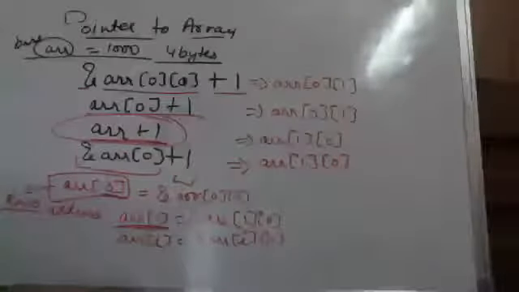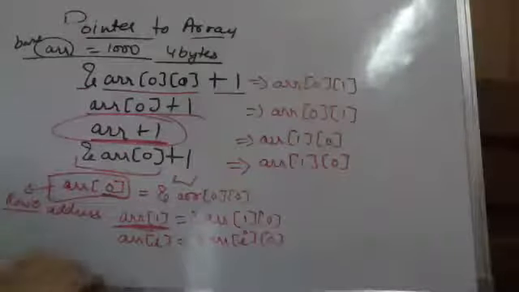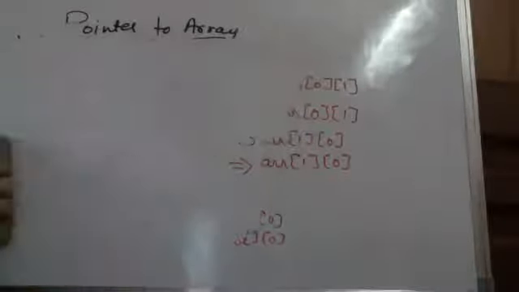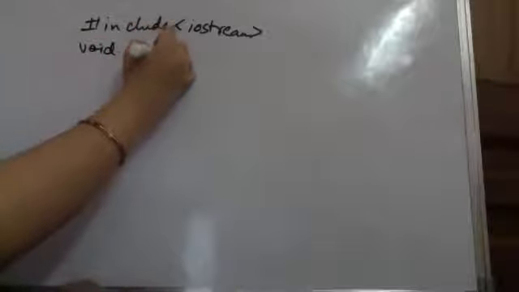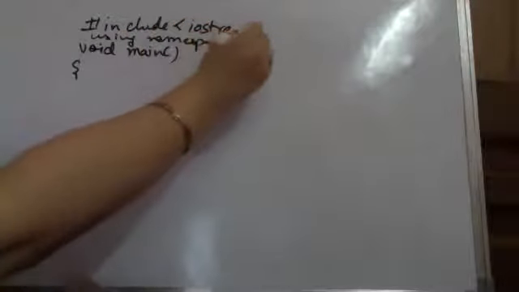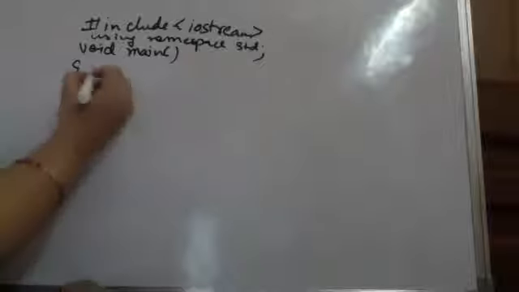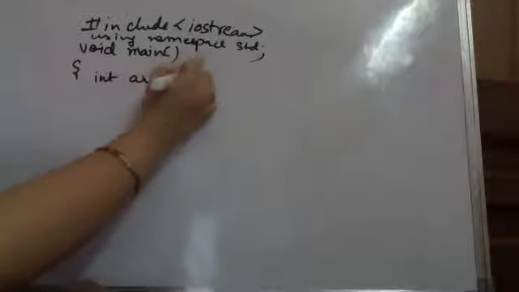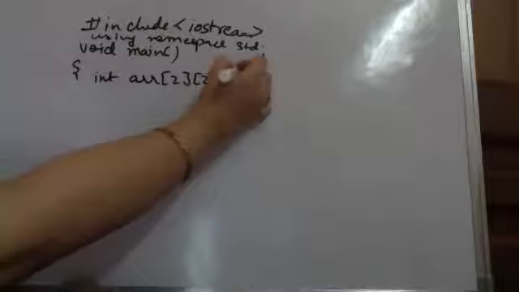Let us take a programming example to understand this. Let us take a small piece of code to understand what we are doing in pointer to array. So when I'm talking about pointer to array, let's take a small example where I have my input output stream. Within the stream, I have the various classes which I use. And here you should also use using namespace std, otherwise you will not be able to use your cout and cin. So after this, suppose now I am creating a double dimensional array of size 2, 2 for simplicity so that I can understand this.